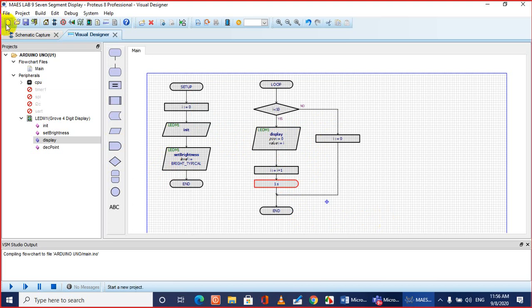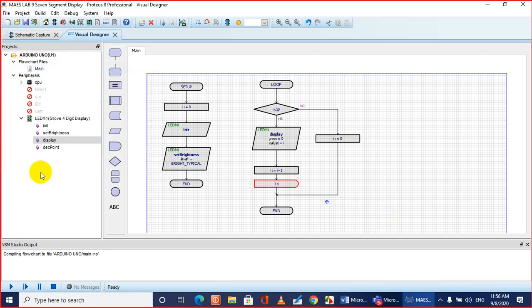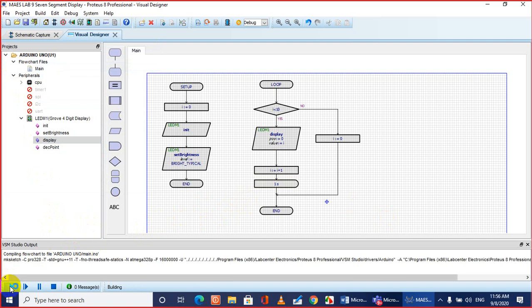Okay, let me save the project: file, save project. Now let's simulate it. Just click the simulation button or play button at the bottom. It will compile your project.